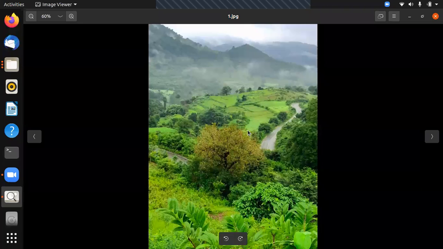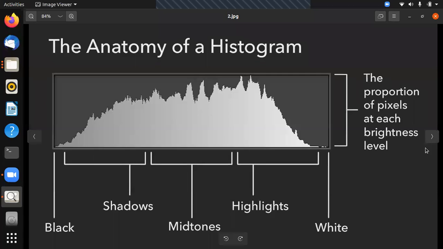So if I ask a simple question like, in this photo, how many pixels are there which have an exposure of type highlight? Can anyone answer it? The answer will be no. No human being can understand like that. But a digital system can answer that. What is the digital system, or what is the method which can explain that? That is called histogram.